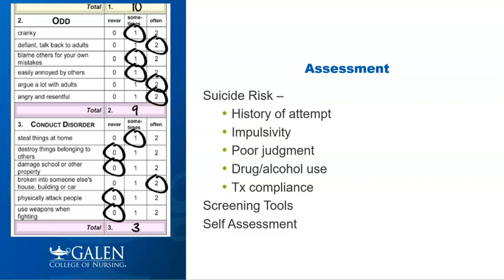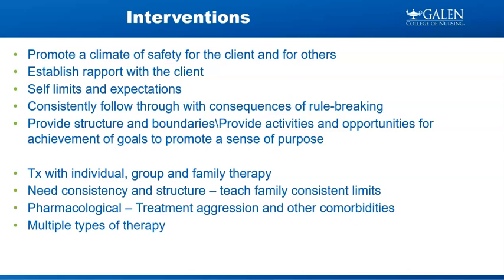Self-assessment, if you're working with someone with aggression who's just yelling at you and being really mean, it can be hard. So sometimes we need to take care of ourselves and take a step back. That's the biggest thing on self-assessment. Interventions, safety, right, for that patient and for everyone else in the unit. We want to establish a rapport because we want the child, that patient, whoever it is, to talk to us.